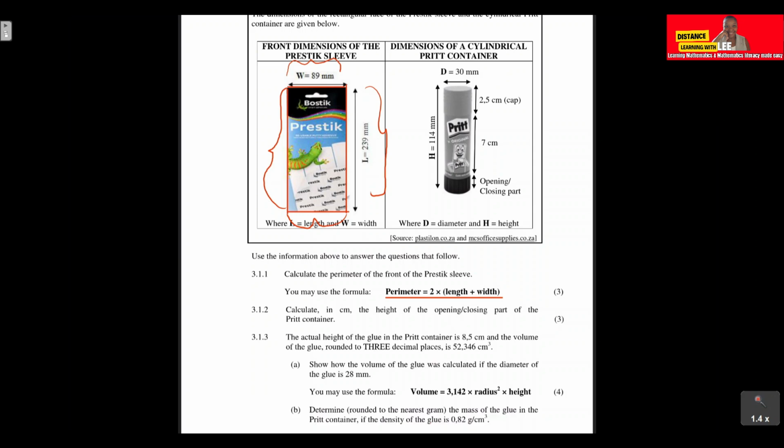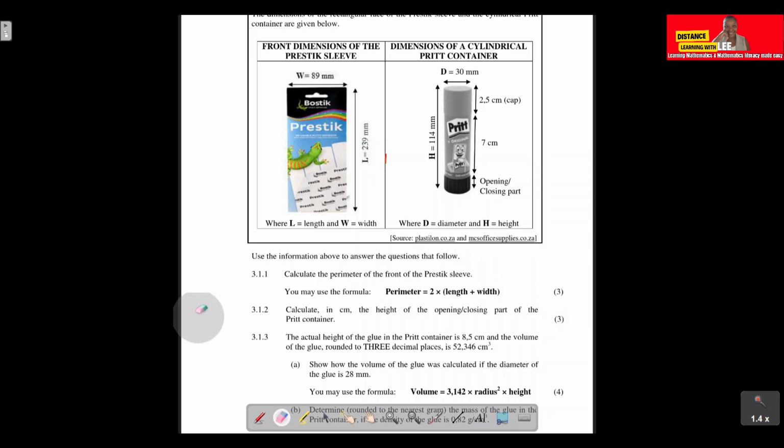You can just use the formula if you don't understand that concept, but you should understand it at this point, because you learned in grade 9 how to calculate perimeter, how to calculate area, and so on. So you should be able to understand where this formula comes from. Let's calculate the perimeter of the front of the press stick sleeve. Because our units are the same, millimeters and millimeters, we don't have to worry about converting those units. They haven't specified whether to calculate the perimeter in millimeters or centimeters, so we can just keep it as millimeters and use the formula